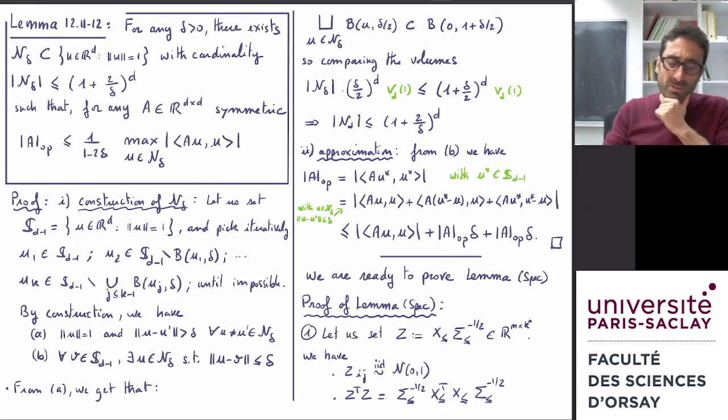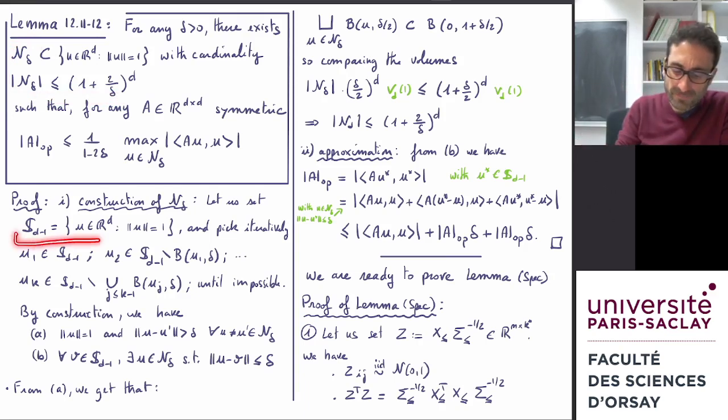So the first thing that we do is to construct this specific set, and we'll do it as follows. We consider the sphere in dimension D, and we'll first pick at random some point in this sphere. Then we'll pick another point that will be in the sphere, but at least delta away from my first point,